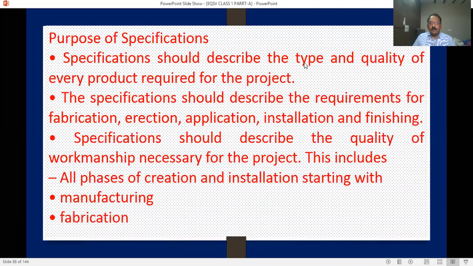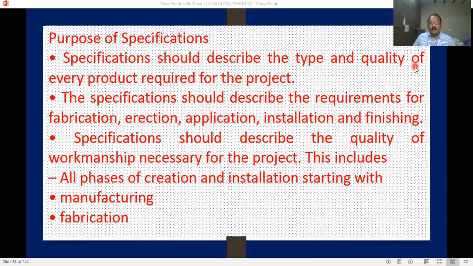What is the purpose of specification? The specification should describe the type of quality.